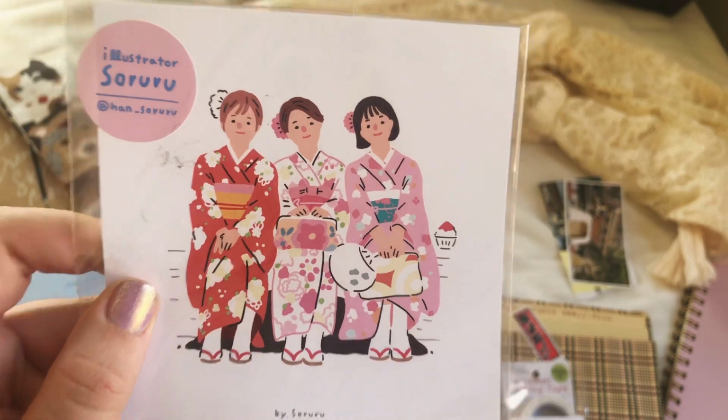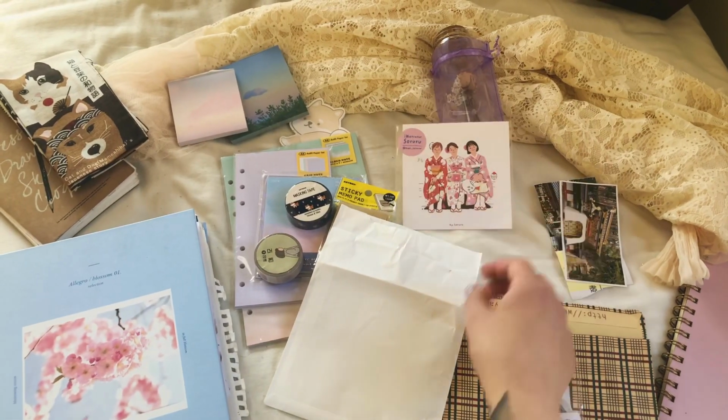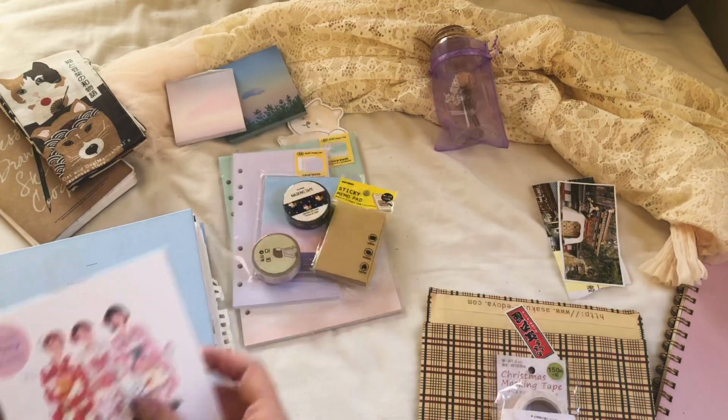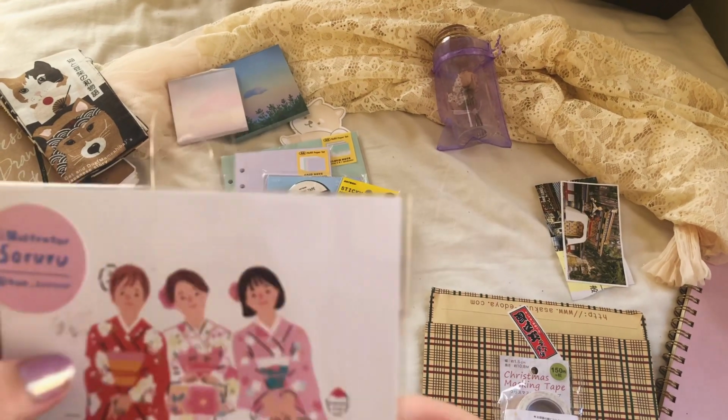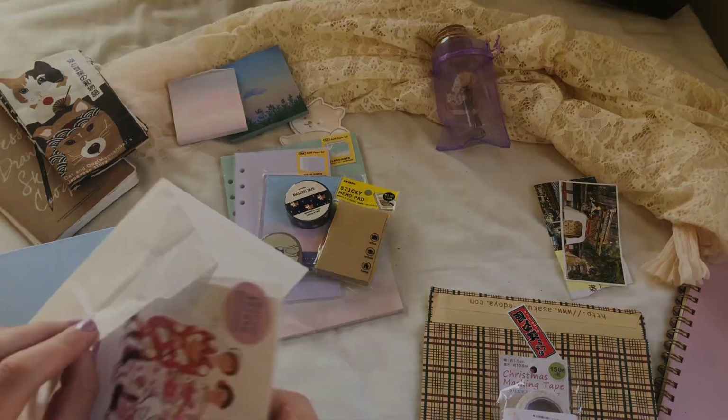Also, it's good to support local artists. And God, look at it, it's so cute. Those pastel colors. I wish I could do digital art like that. Gotta get back into that. Yeah, and